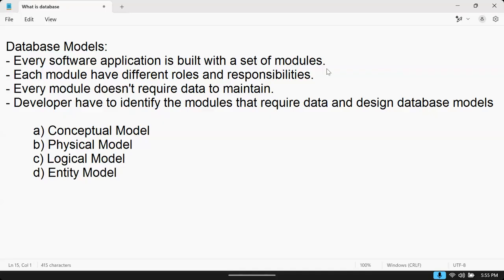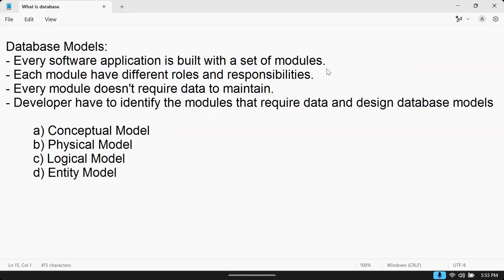For example, we are building this project, and for this project we need data. How will you build the database? Just imagination? You will build the database with your imagination, with your guesswork? No, we have to follow the business requirements. According to the business requirements, we have to design the database.